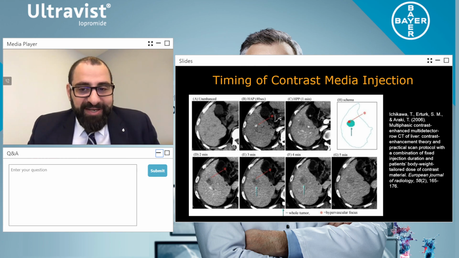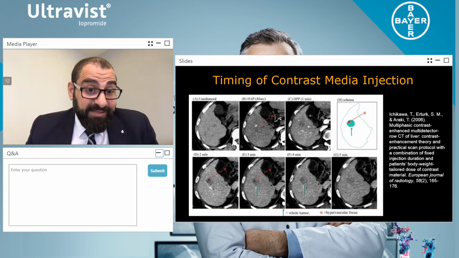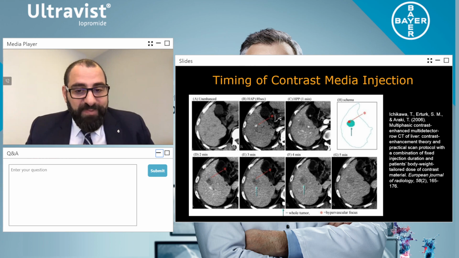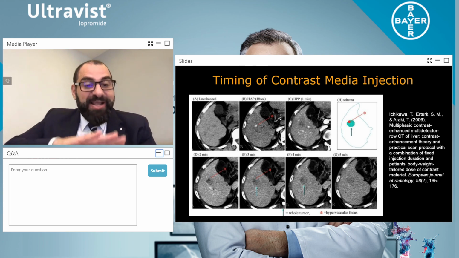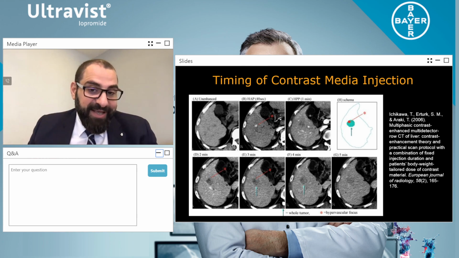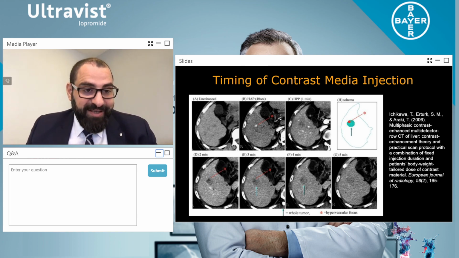What's really important here is that, and this paper was actually published in 2006, by the way, with low, the whole tumor actually looks better and larger, okay, when you have your delayed phase, because it's not the lesion that's enhancing, it's the parenchyma that's enhancing perfectly. And more importantly, this was not done at 100 kVp, it was done at 120. So the importance of having a longer delay time is important.